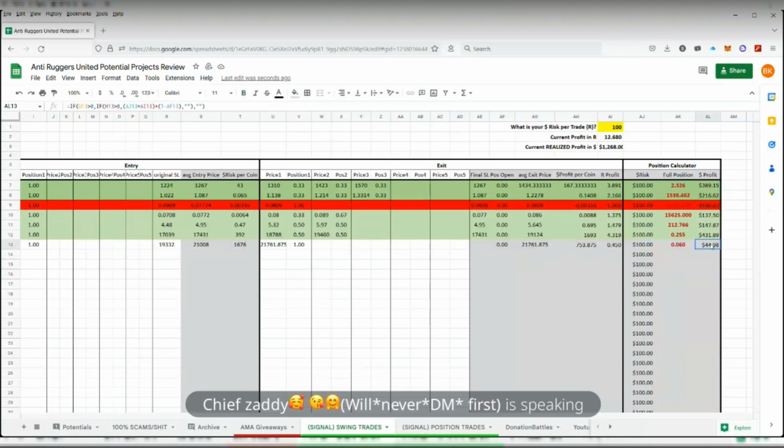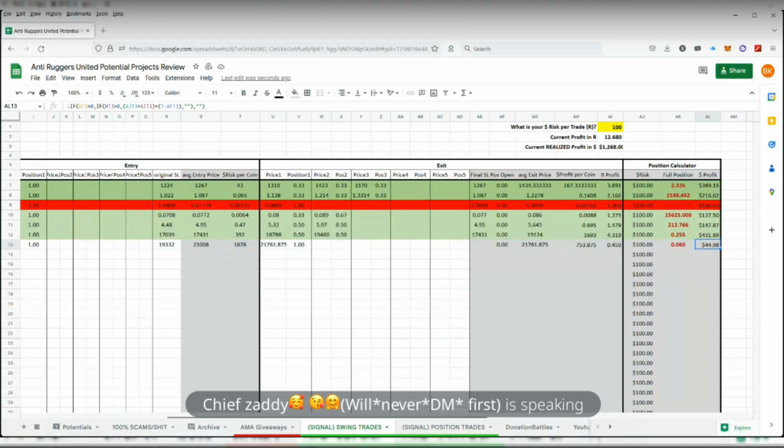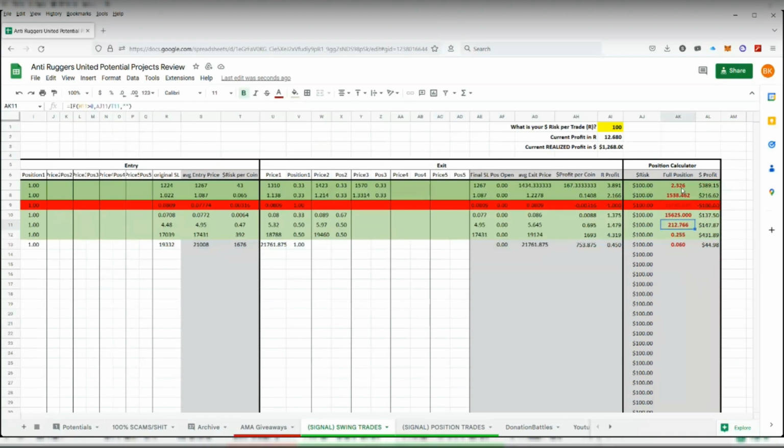And this little guy comes in, thinks he knows what he's talking about. Oh yeah, congratulations, you would make $44 on your trade. But wait, what leverage did you use? Did you use like a 10x or 5x or what x? And it doesn't matter. Leverage doesn't matter. All that matters is this thing right here, position size.